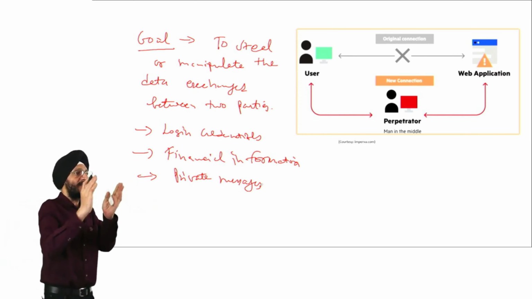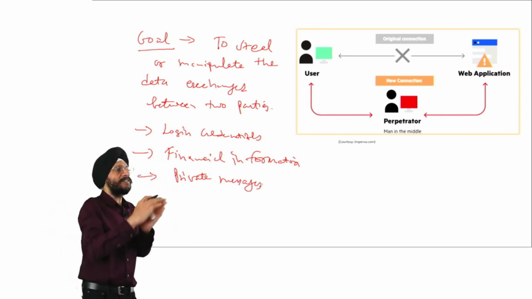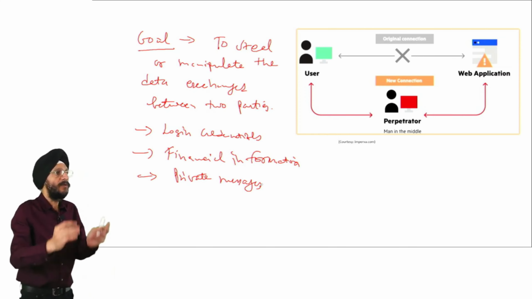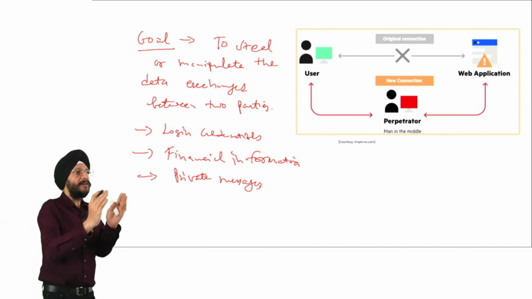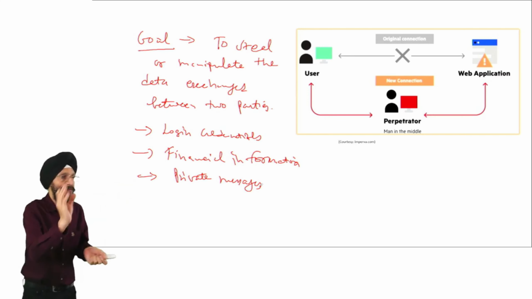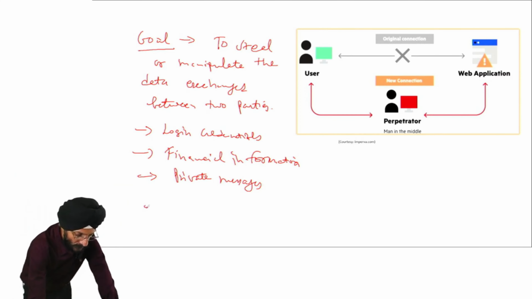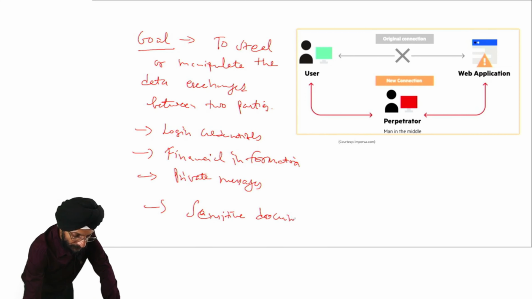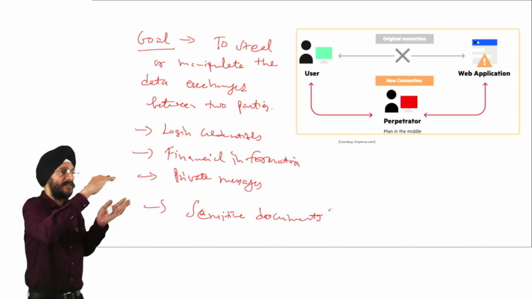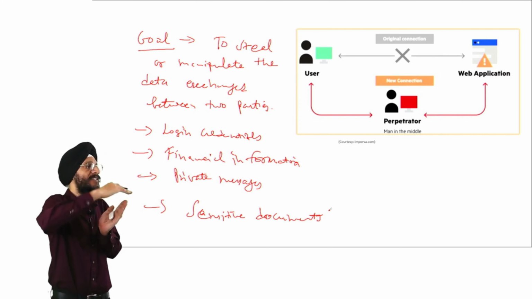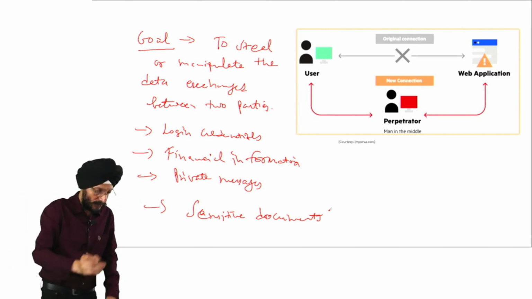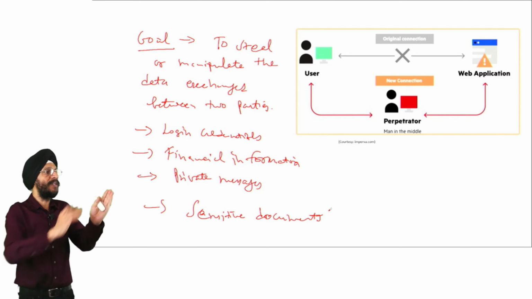Then it may be possible that the hacker may either steal these private messages or make some alteration to these messages, or the hacker may change the login credentials, it may change the passwords in between, or it may get access to certain sensitive documents, because the user is passing on certain sensitive documents to the other person, and the hacker in between is now having the access to those sensitive documents which were being communicated by one person